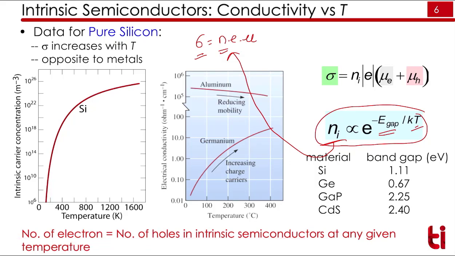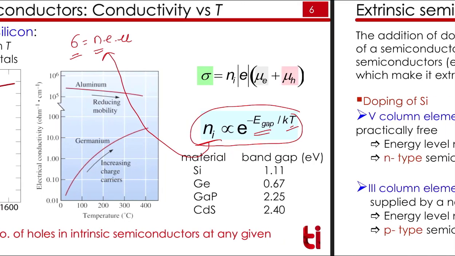One thing you can observe here: the conductivity of metals and semiconductors shows opposite trends. In metals we already have free electrons available for conduction. As soon as the temperature increases, the conductivity decreases because of collisions between them. In semiconductors, the number of charge carriers gets generated as the temperature increases. That's why the conductivity or the charge carrier concentration will increase.